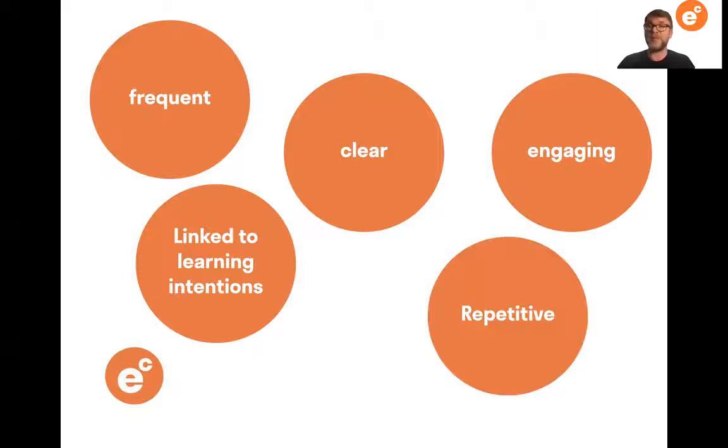And the last thing I would say is repetitive. And this is slightly different to frequent. By repetitive, I mean, when you tell a student to do something or change something, they will make the same mistake again tomorrow. They will make the same mistake again in a year's time. They will make the same mistake again in 4 years' time. Because we're adults, even if we've been driving for years and years, we still make a mistake on the road. We still have car accidents.